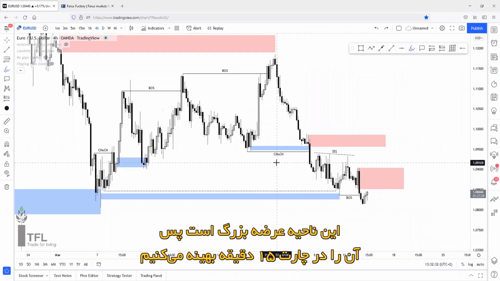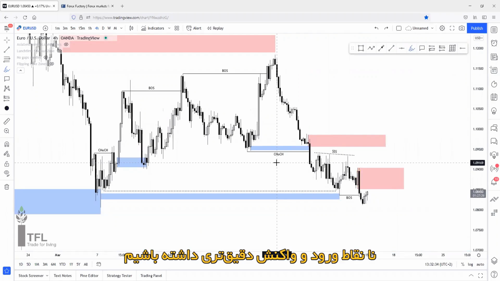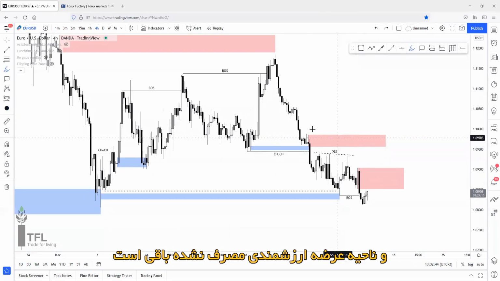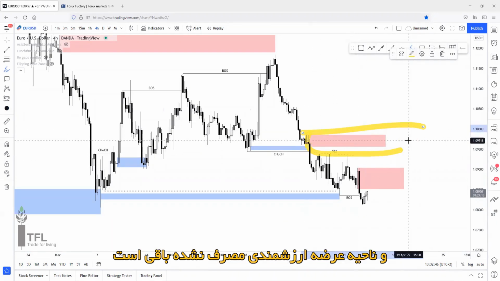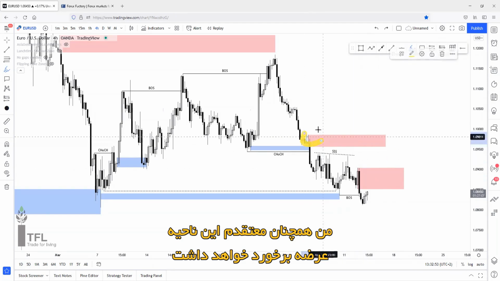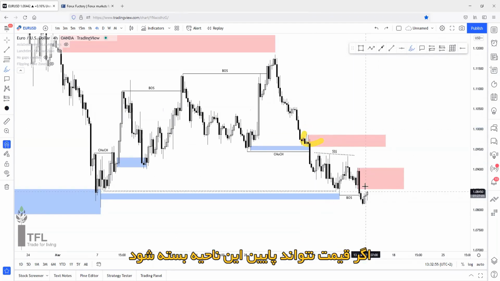So we will refine it on the 15-minute chart for a much more precise entry point and reaction point. The only problem with this supply zone is that there's lots of liquidity sitting just above it. And there's a variable supply zone that has been left unmitigated, and there's inefficiency that has been left unfilled. I believe this supply zone up here will still be tapped, because if price can break below this zone, this overall